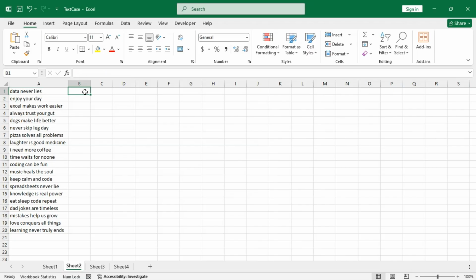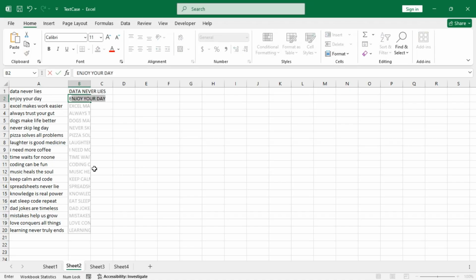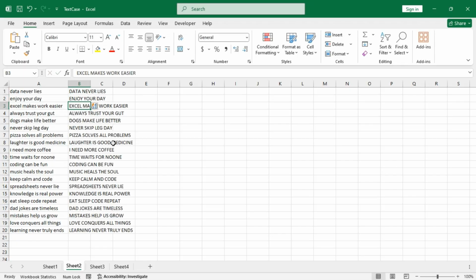Now let's try to use the Flash Fill feature. So first type in, let's say, in uppercase letters, so DATA NEVER LIES. Okay, now in the second example, as soon as you try to type in, you will get the appropriate suggestions. Okay, press enter